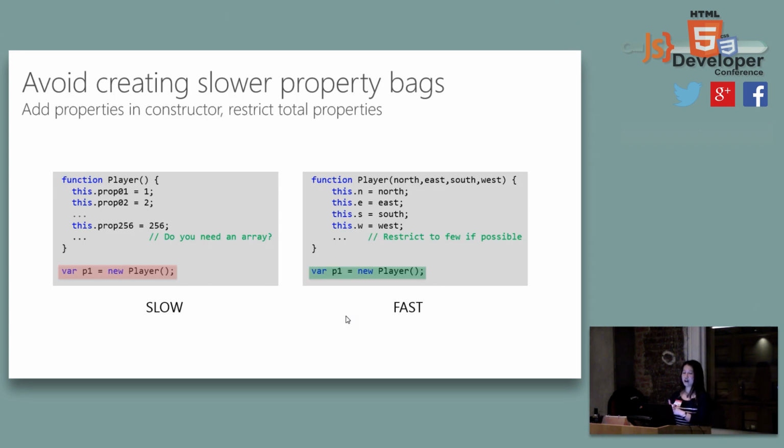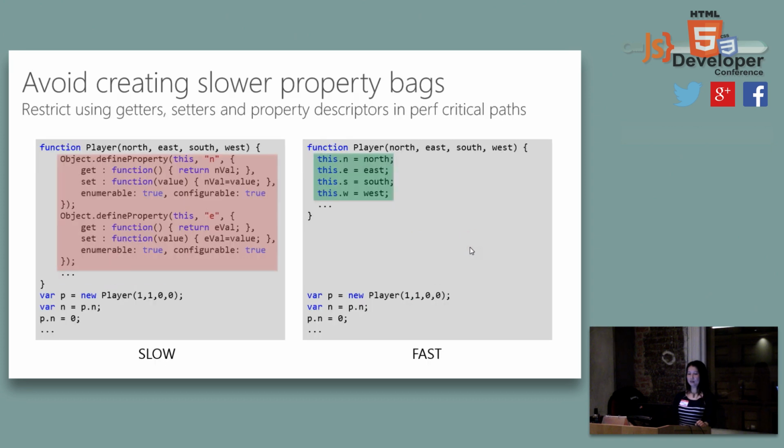The other thing to watch out for is the constructor, depending on your property list. For example, if you try to do 256 or over 100 properties, obviously common sense tells you it's not going to be fast, right? It is true, it's slow. You don't want to do things like that. Maybe you need to use an array or something like this. So normally, you should keep it as concise as possible. Don't assign too many properties.